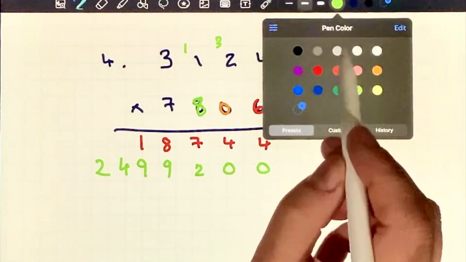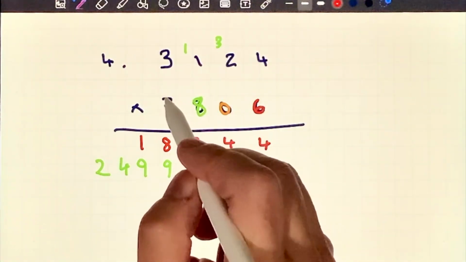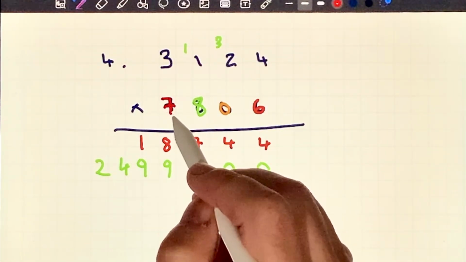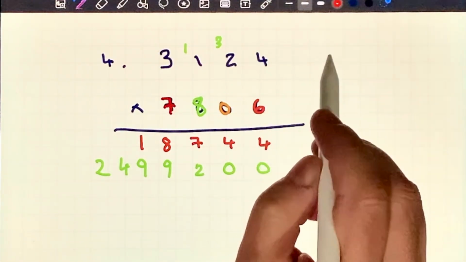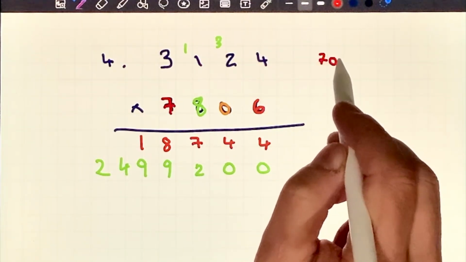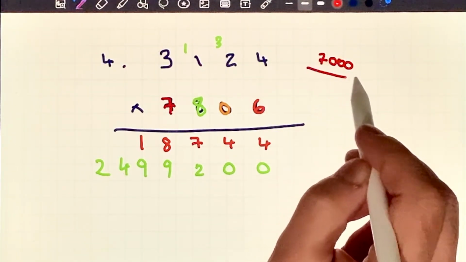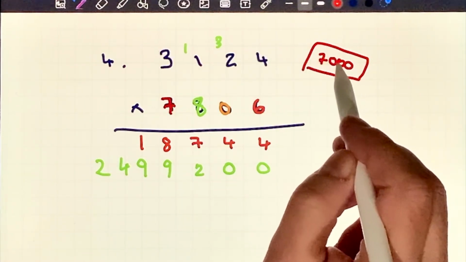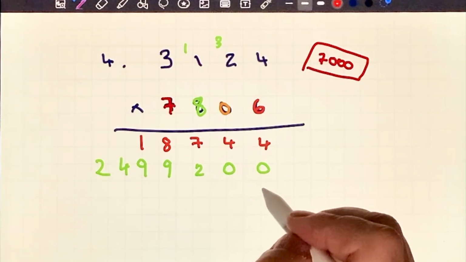Okay, now moving on to my next digit, and that is the 7. Now the 7 is in my thousands column, so that means it's representing 7,000, and therefore I need to now put in 3 zeros to account for